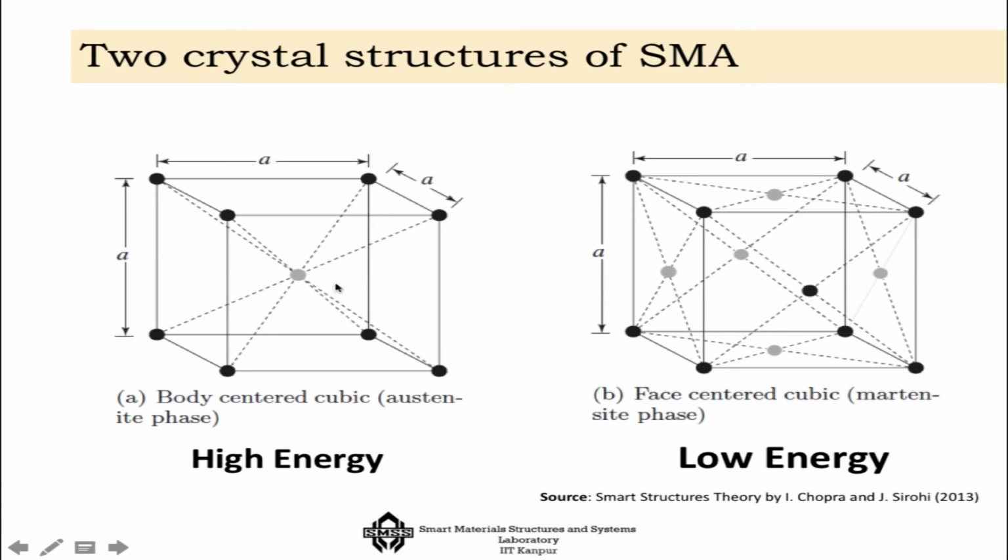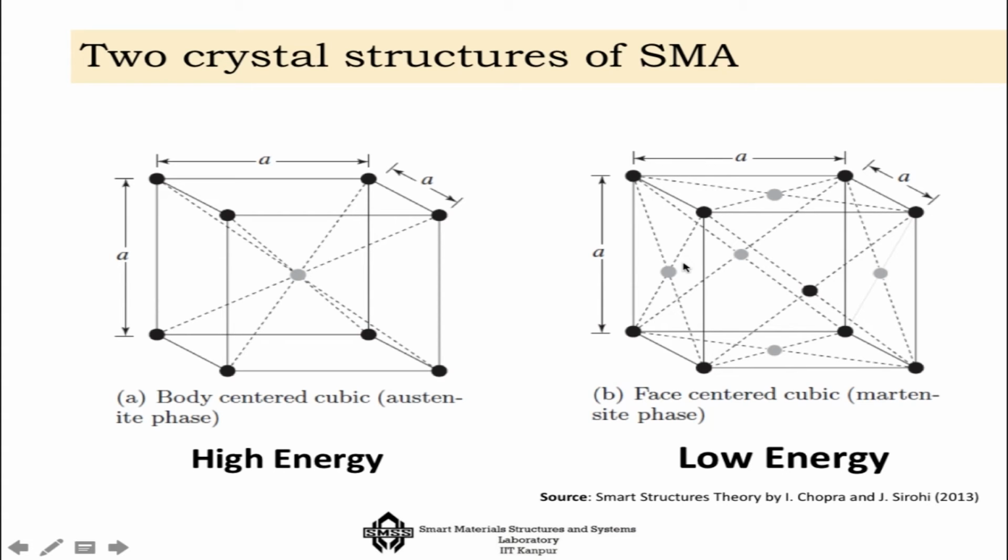Now something inside the center of the body inherently makes it harder, and if it is an FCC, the face centered cube is inherently a more flexible structure. The other thing to note is that in the BCC, the austenite phase, the crystal structure of SMA is essentially cubic in nature, so all the lattices are equally dimensioned, whereas in the martensite phase it becomes a tetragonal structure, where you can see that the sizes are not the same. It would be different essentially. This direction will be different in comparison to the other two directions.